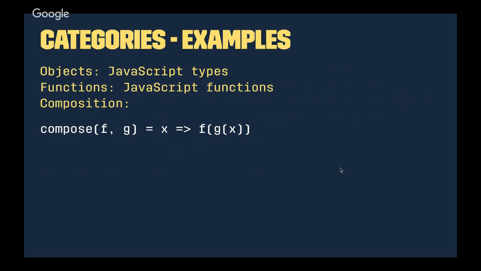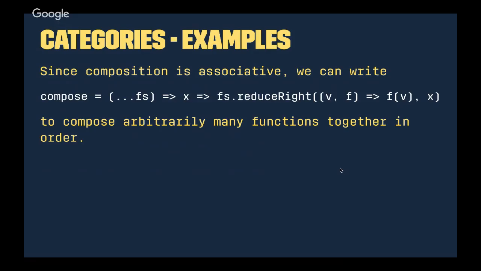If you've done much Redux-style stuff, if you've written the compose function from any of those libraries, this is exactly that. Since composition is associative, you can compose in any order. It makes sense to write this helper function that you may have seen in some JavaScript libraries. I can compose a whole bunch of functions, and what I do is step over them one at a time, right to left: first the one on the far right, and then the next one, and then the next one.